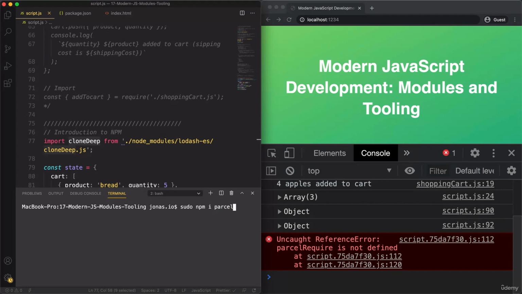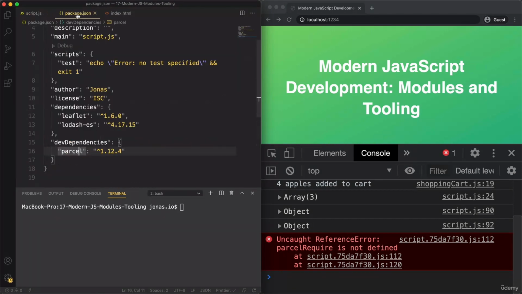This will then ask you for your password, and then hopefully that's going to work. Now, if that doesn't fix it, then you have to install exactly the same version as I am using here. So we can read that in our package.json file. And so here you see that I'm using version 1.12.4. And so you can npm install exactly this version by writing @ and then